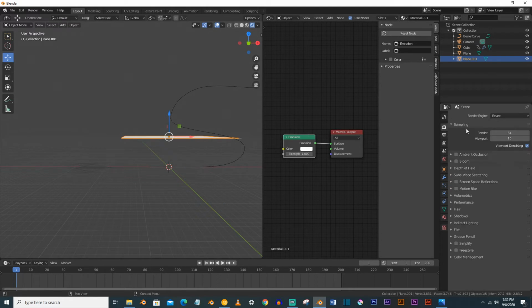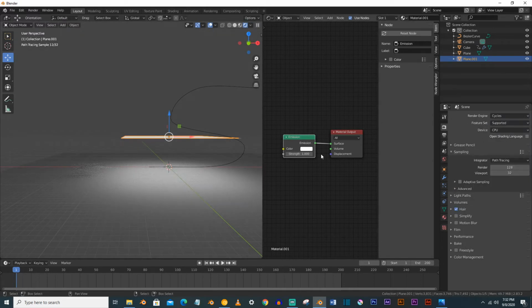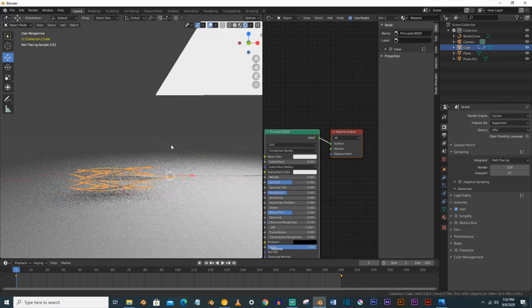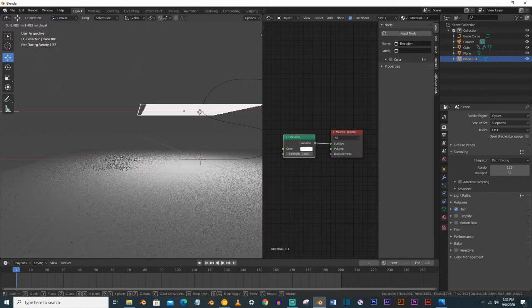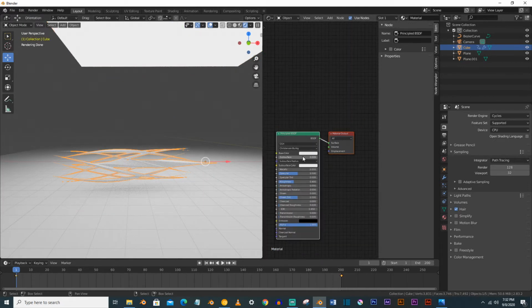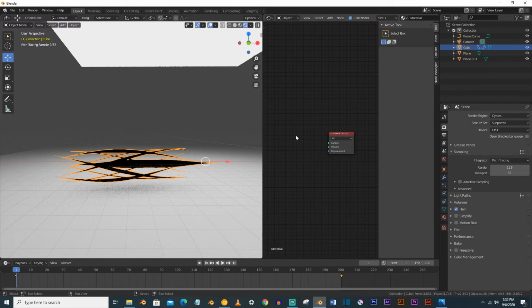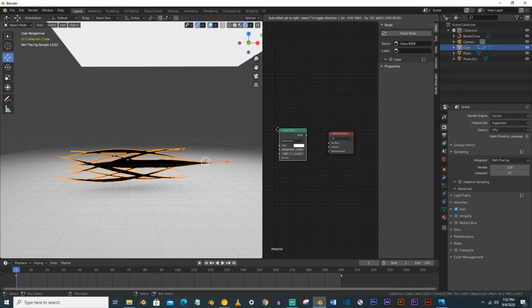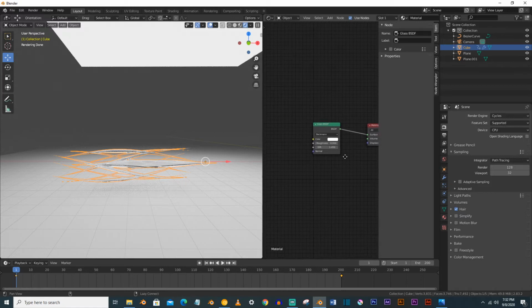Also, for a better result, you can go to the Cycles render like this and make it to 3. Now you have to apply the material on this crystal, so we will make a glass shader, make it to the surface like this, and you can change the color to any color you want.